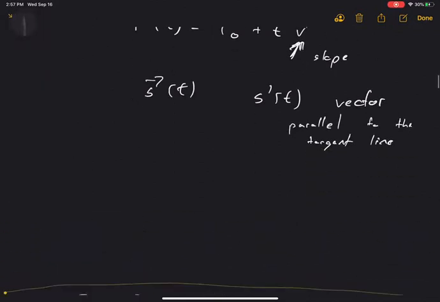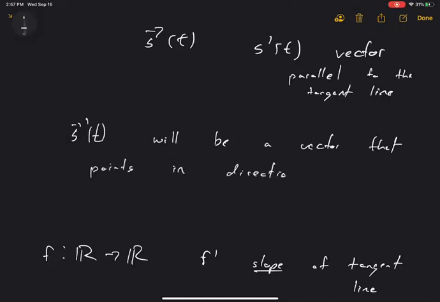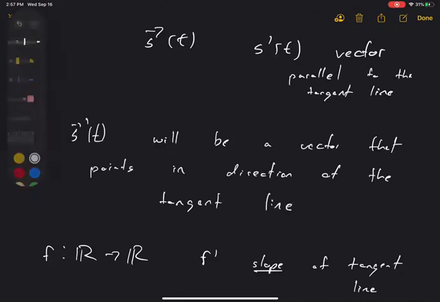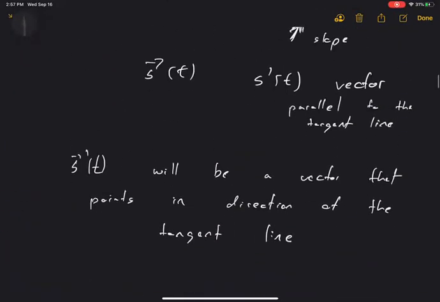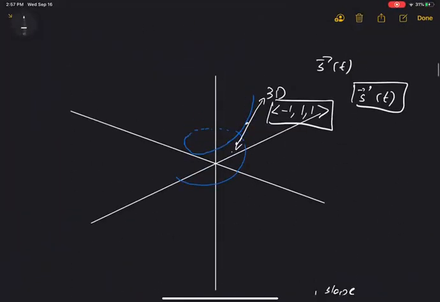Another way of phrasing this is s'(t) will be a vector that points in the direction of the tangent line. It kind of gives us our slope in all directions, like our 3 cardinal directions, x, y, and z. So going back up to here,